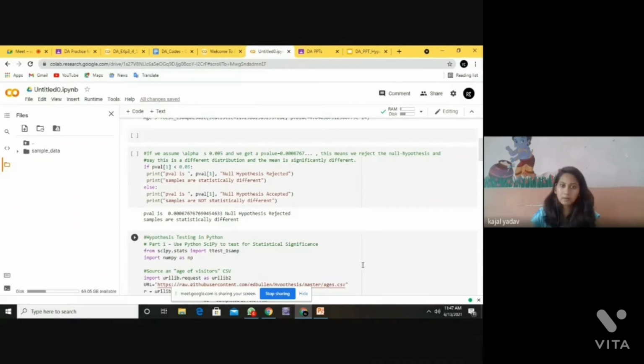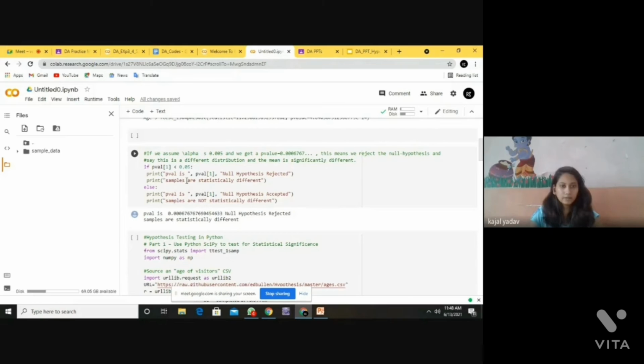If we assume alpha as 0.005 and get the p-value as 0.00667, we reject the null hypothesis, as it is much less than the significance value. So this is a different distribution, and the mean is significantly different.